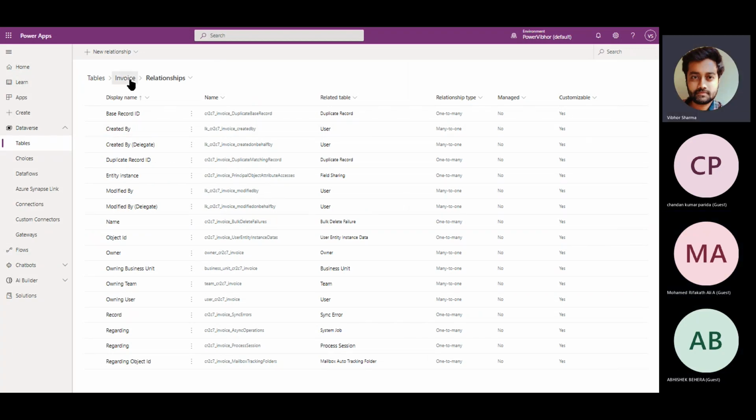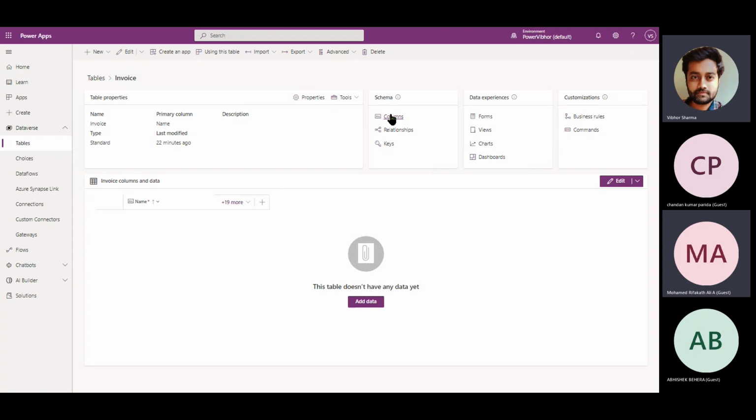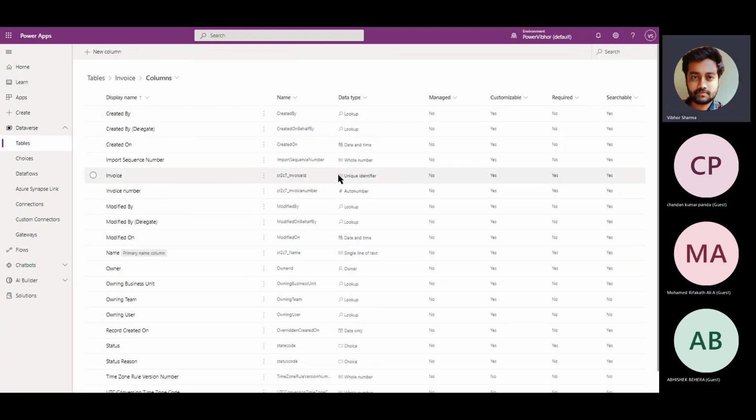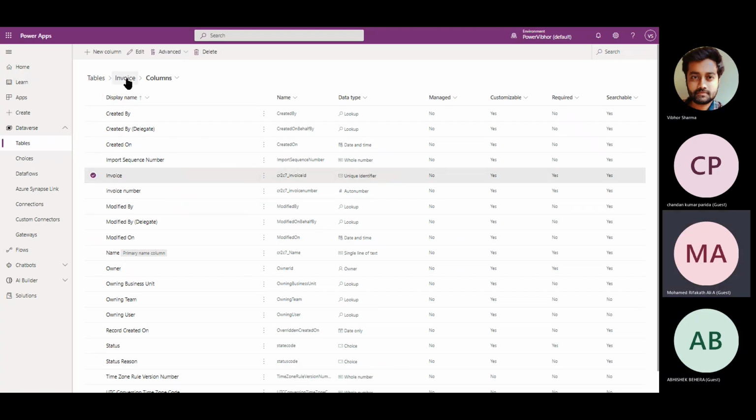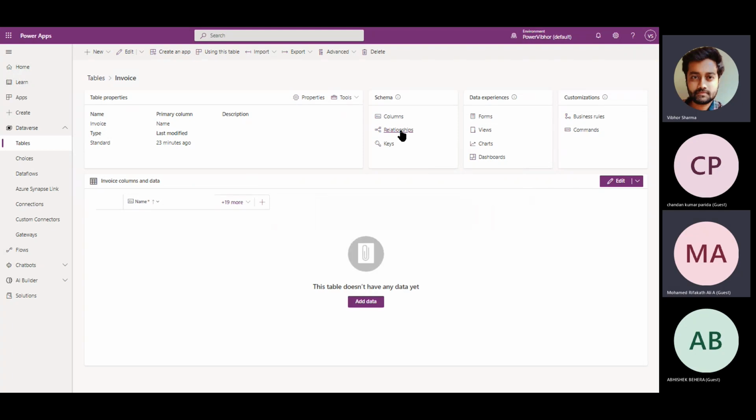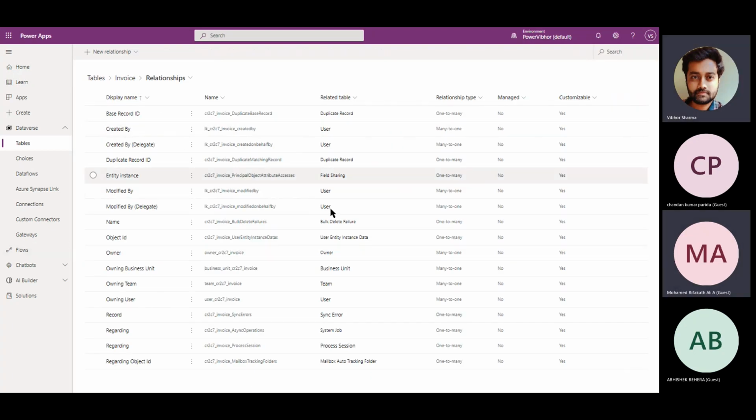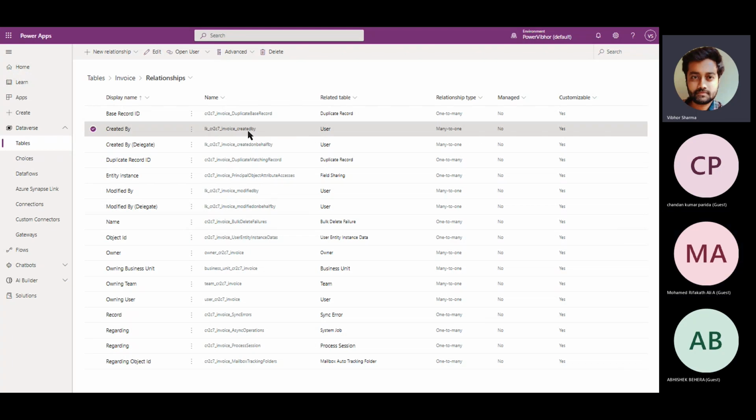So every column you see has an ID. Let's go here into invoices, and into columns. How is this being created? I do have an invoice ID right over here. And I go to relationships here. There are some existing relationships. What are these existing relationships? Such as with created by. There is a relationship between the invoice table and the user table, many to one, which means many of the records in invoices can be created by a single user,